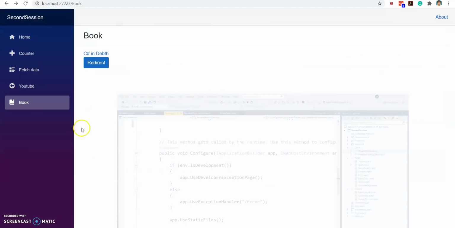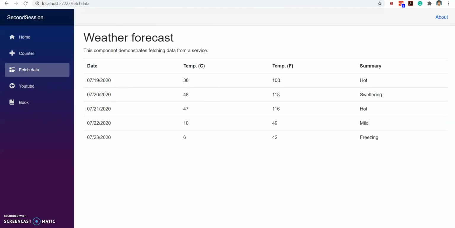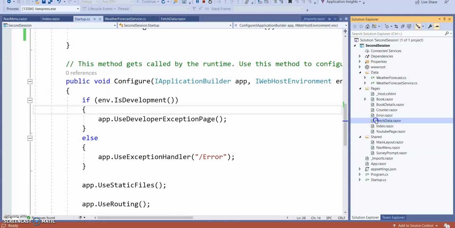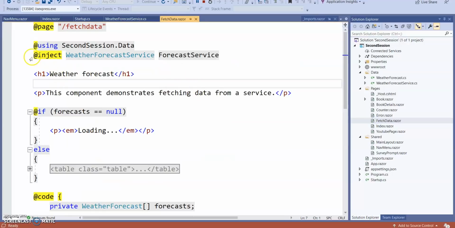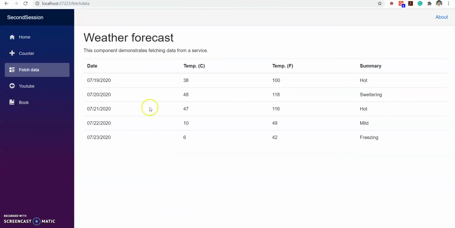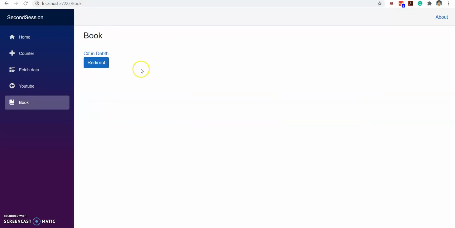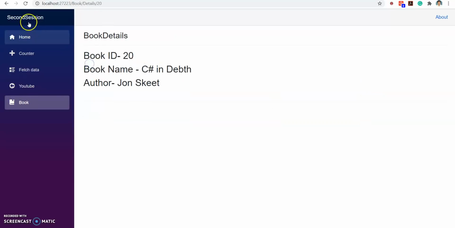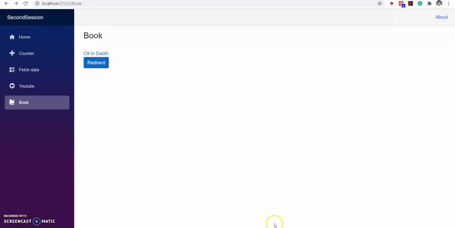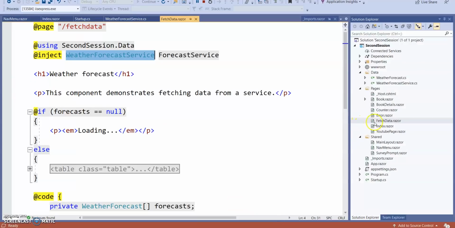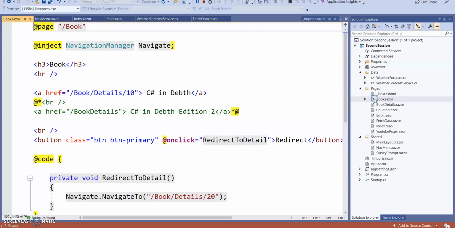So you can see here fetch data. Go to the fetch data page. Here you can see something is injecting, it's injecting some service. In our previous class, in the book we created, we were injecting system classes like the navigation manager.